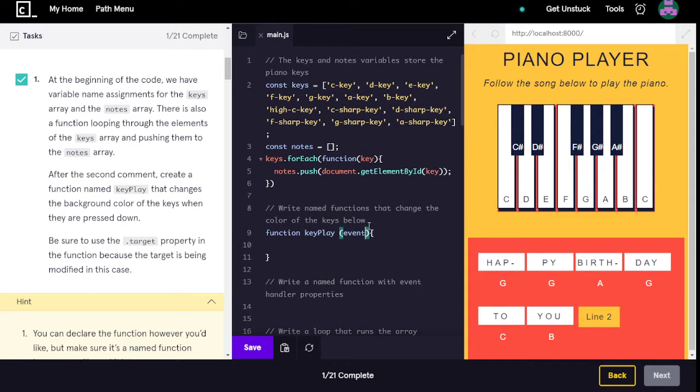So I think we do need to be able to capture the event. So now that we have the event, that is when we can change the style of the background color to be